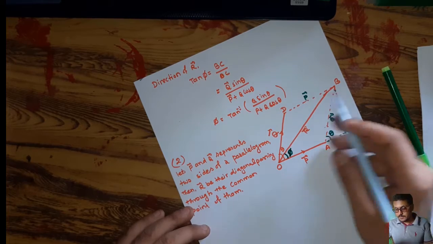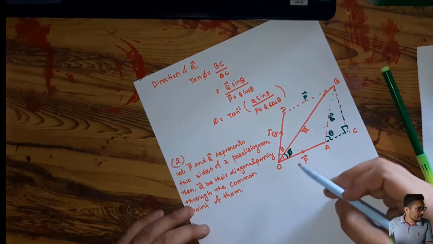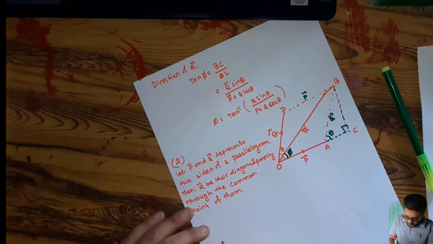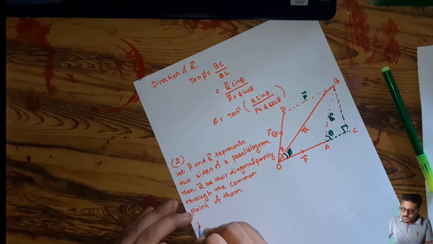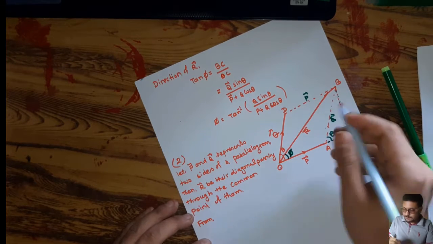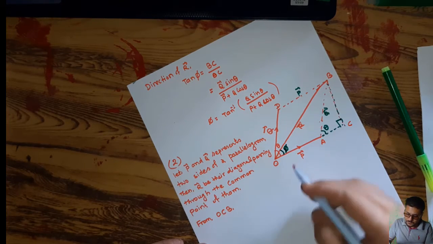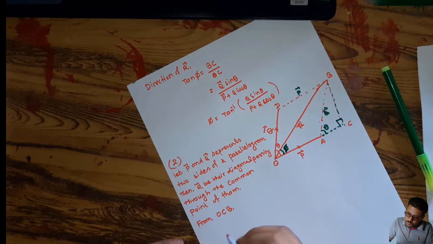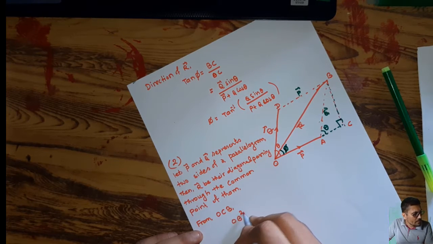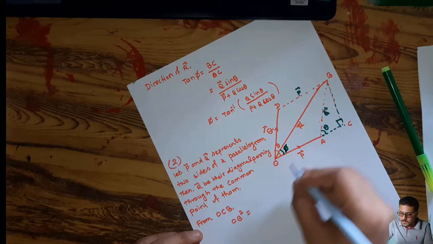We can solve this in the same way as in the above case, OBC, which is similar to that above case. That's why from OCB, this O and C and this B,